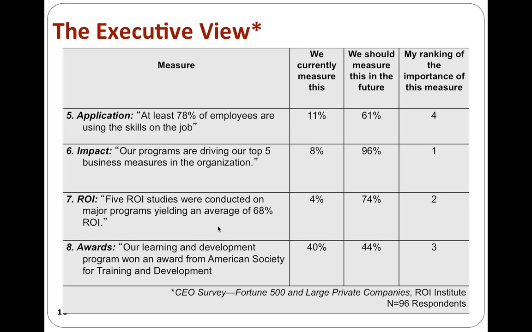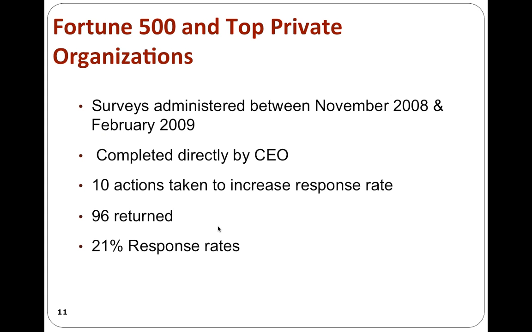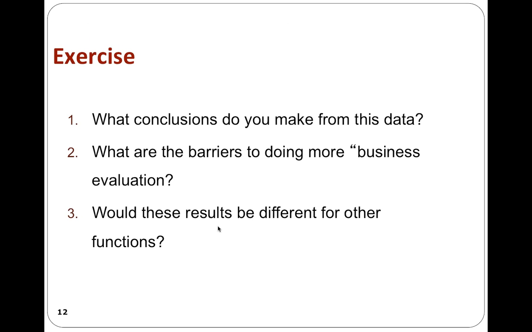And then the next big gap there is 4% for ROI. 4% see that now, 74% want that. So those are the 2 big gaps, and it's a #1 and 2 measures. So we've got some big gaps. So if we go to another slide, and then the next slide, go to the next slide,